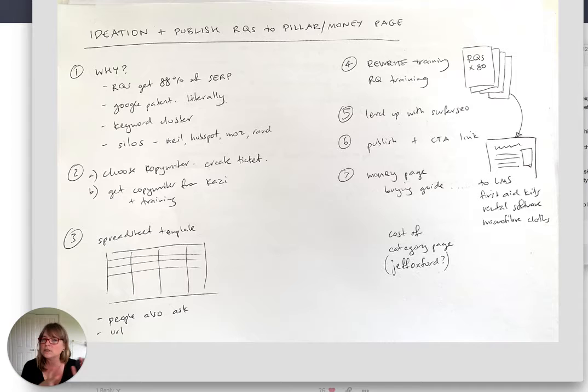But all the best content marketers understand this concept of creating silos, where you create a keyword cluster of articles and then you point them back to a money page. That silo or category, whatever it might be, creates a really great effect. And I'll get onto that in a sec.